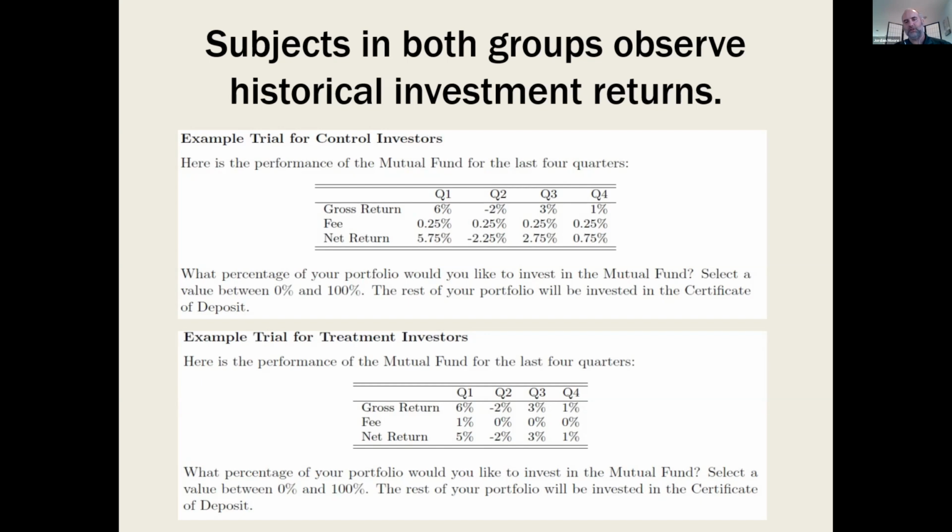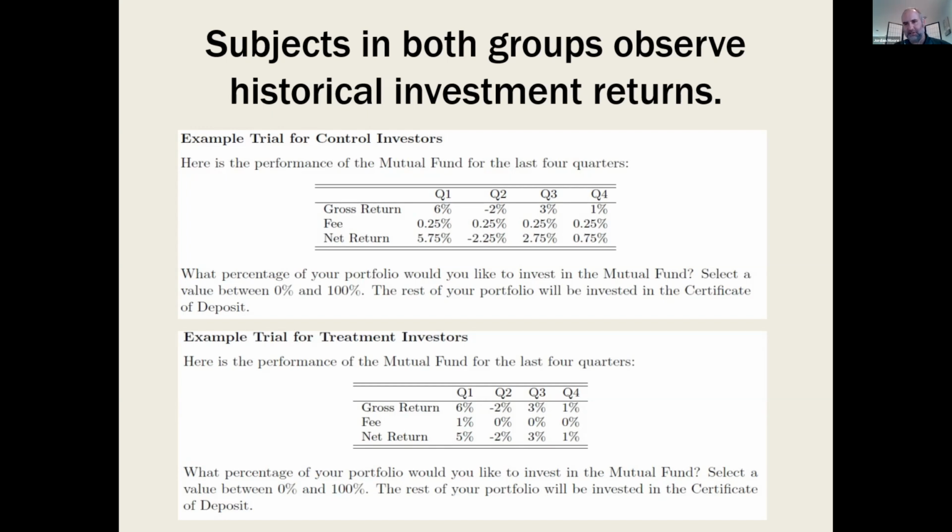In this particular example, in the first quarter the portfolio got off to a great start and made 6%. And the manager just said, I'm going to charge the fee now because the client's going to be happy with 5, just like they'll be happy with 6. And then I won't have to charge the fee for the rest of the year.